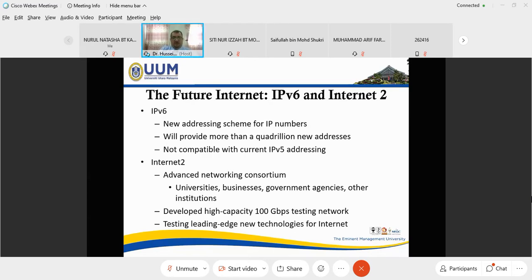For example, in universities, we would like to use the top level of Internet 2, where we can establish and manage our network. Develop high capacity, for example, 10 gigabits per second networks. With Internet 2, we can have high speed. Internet 2 is a new version of the internet.